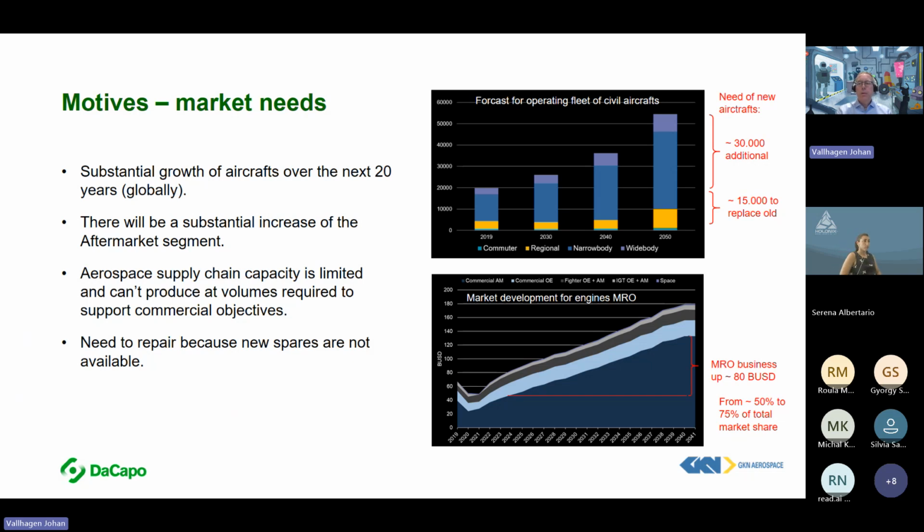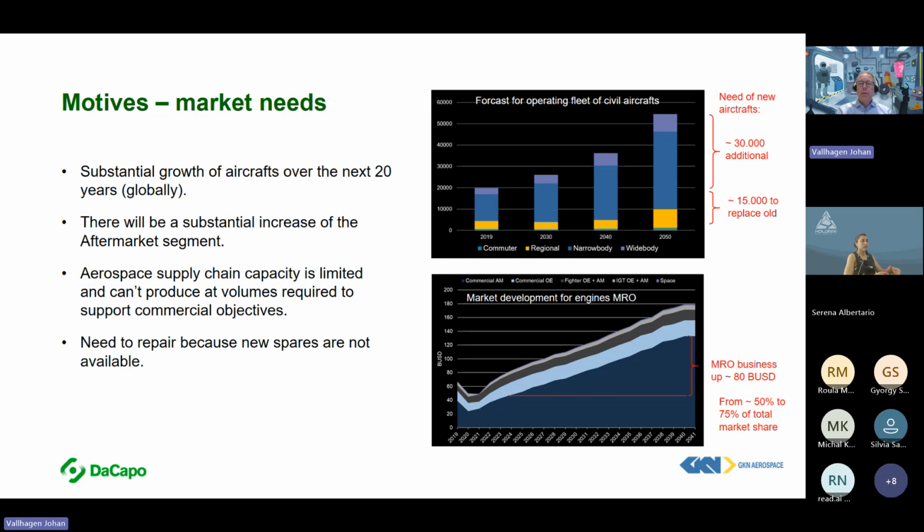It will maybe not grow that much in Europe, but definitely in some other large regions of the world. So there is a substantial amount of new aircraft and new engines that need to be produced over the next 20-30 years to meet these expectations.